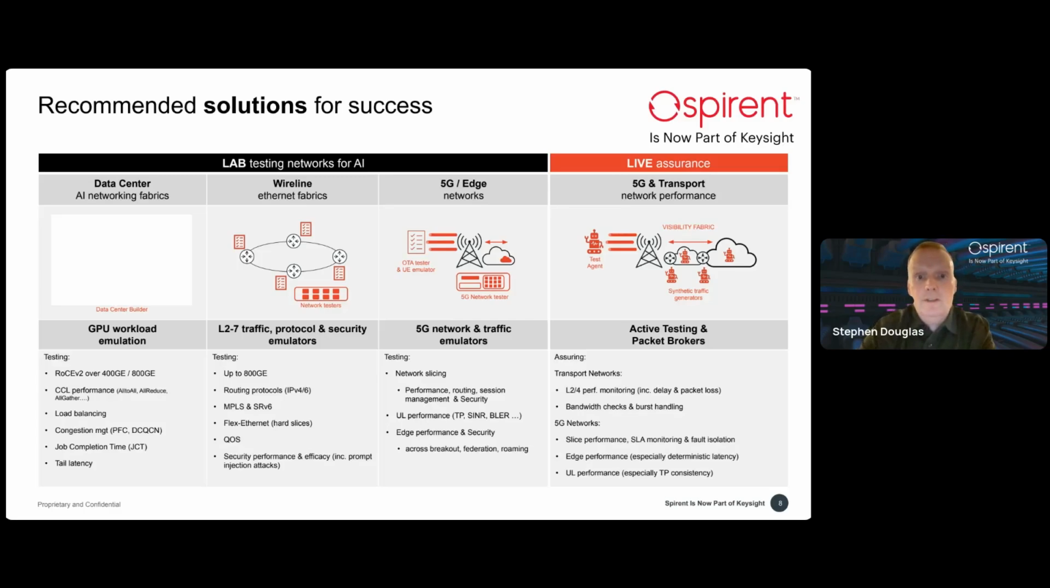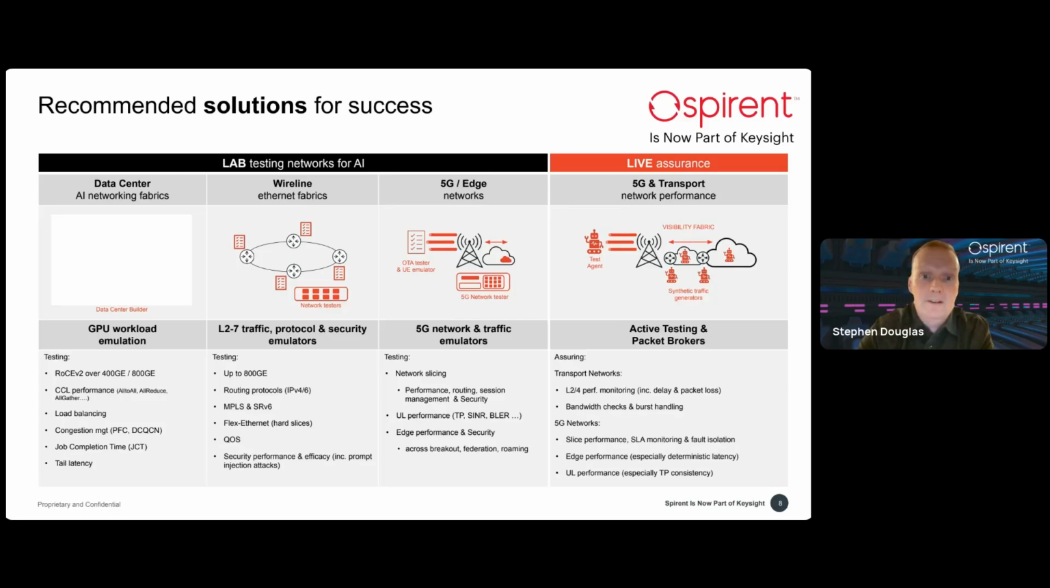And of course, if we look at the 5G edge networks, here automated 5G network and traffic emulators, including Spirent, Keysight's core network emulators, our UE emulators, application traffic emulators, and field test systems are performing a wide range of complex integrated testing. Here, they're used to validate the end-to-end 5G network slice performance, routing session management. You're there to test uplink performance and consistency, edge performance, including UPF distribution, and security across breakout, federated,